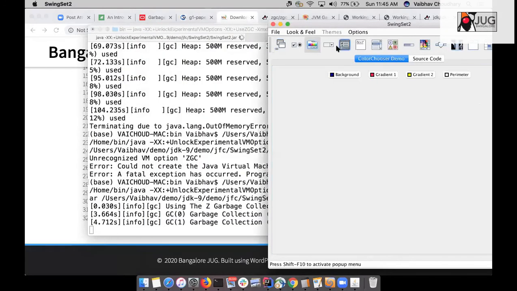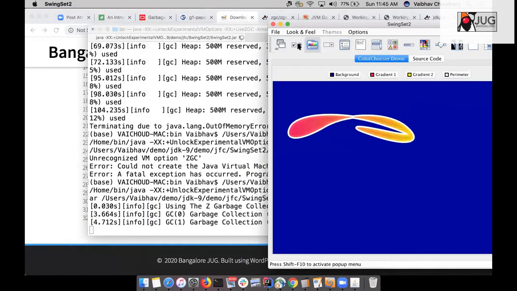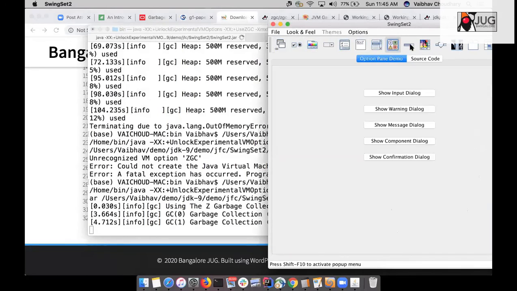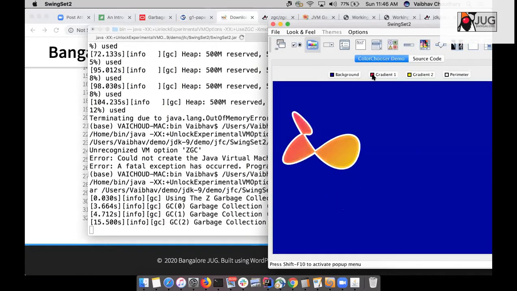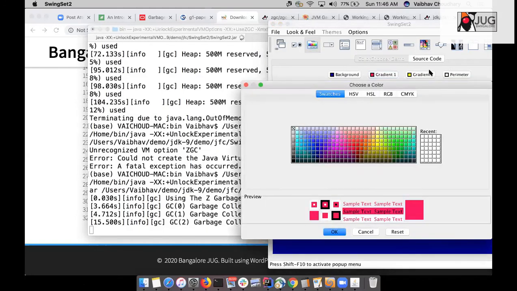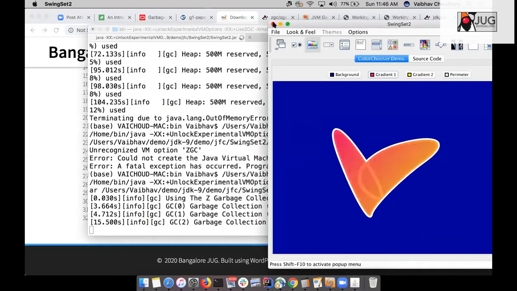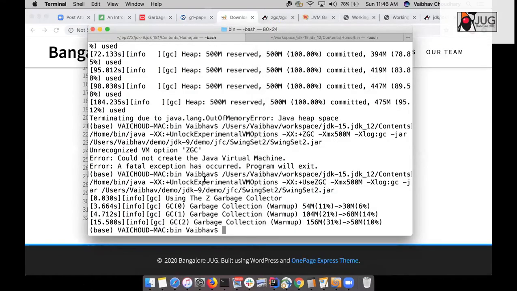Right, so again the same beautiful Swing Set 2 application, and you can see a lot of interesting facts about the GC. Let me just navigate a bit in the application, and something should come out. Okay, that's good enough. So we were still in the warm-up phase, and it will tell you that you are using ZGC, but it will not tell you the time used for this phase, since it is very short, so that's kind of useless information for you.